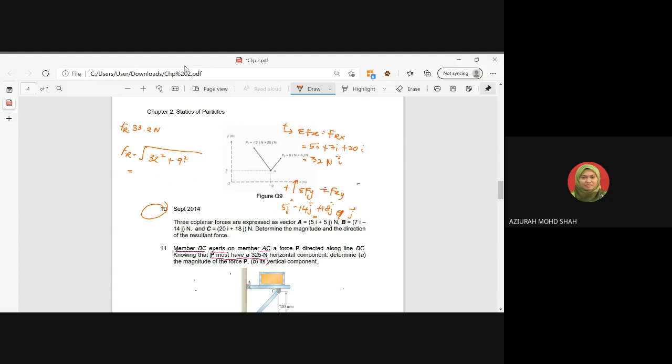So you will get the answer like the one that your friend gave, 32.2 lah. Senang je kan? Tak sampai seminit pun kira. Senang gila. And the direction of the resultant force is just inverse tangent for Fy component divided by the Fx component. So the angle that we have is